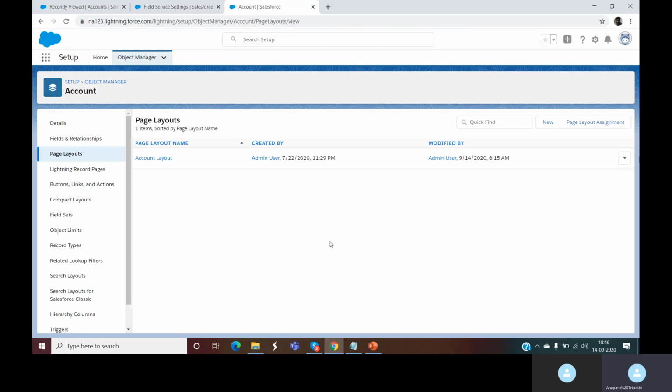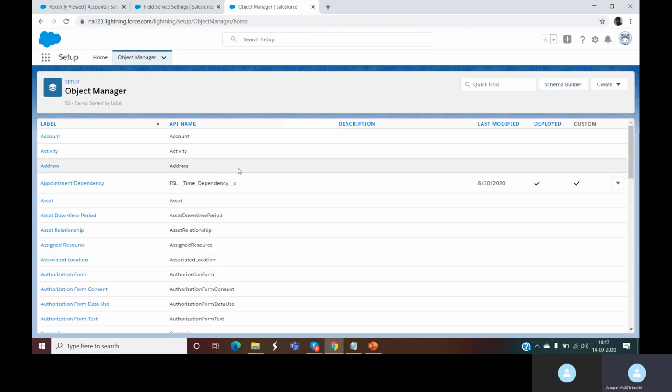So I think we have done this, and now we have some page layout assignment that needs to be done. So the managed package that you have installed is equipped with Field Service Lightning with valuable Visualforce components, custom fields, and related lists. So these are exposed when page layout assignment is updated on the Field Service Lightning ones. So we have to update the page layout assignments for field service objects for profiles used by Field Service Lightning. So in this case, again, we'll go to the object manager, and here we'll update the layout for service appointment.